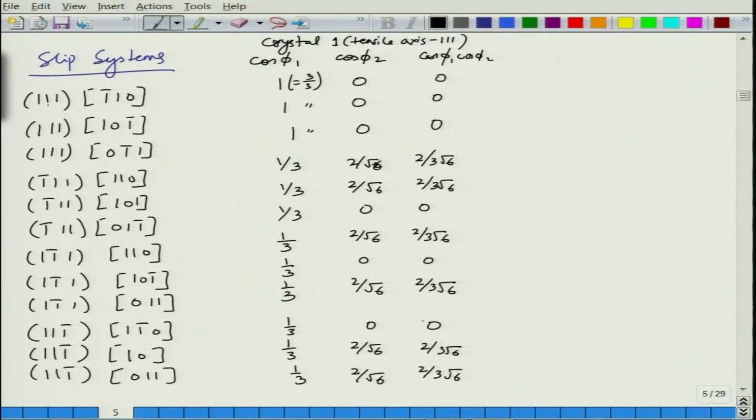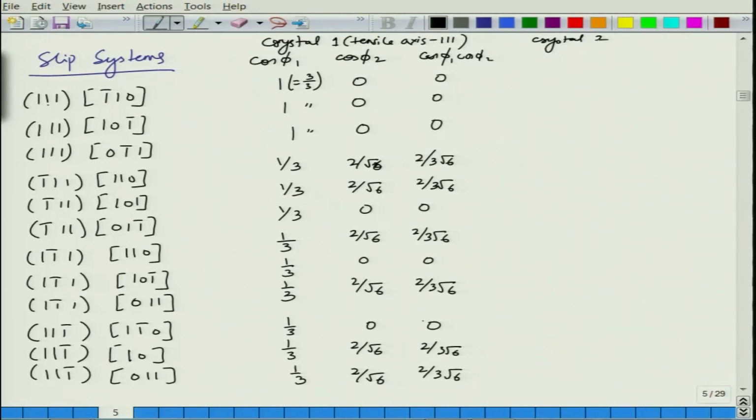So, you can see that out of these 12 slip systems, for this orientation 1 1 1, 6 slip systems show 0 shear stress, which means they will not slip at all, whereas the remaining 6 show a similar value of stress. Alright. Now, let us see crystal 2. If it was crystal 1 alone, then either of these slip systems could have started slipping, because all of them have similar shear stresses or Schmidt factor.